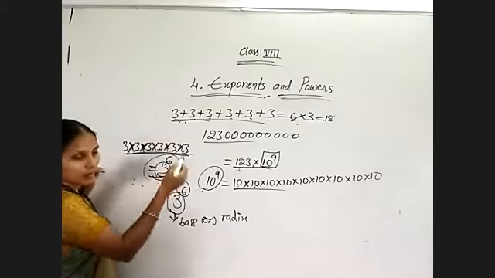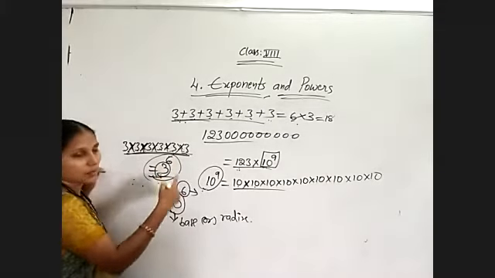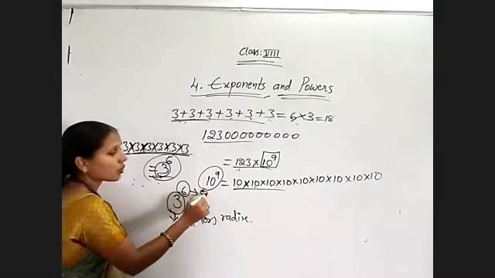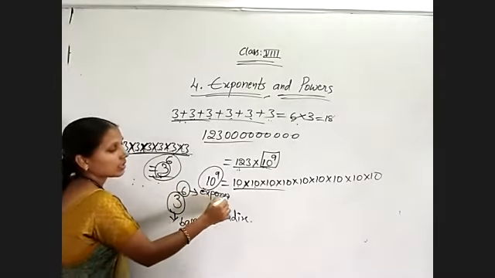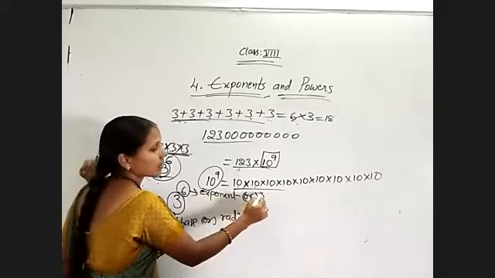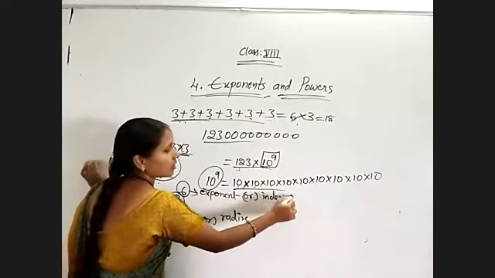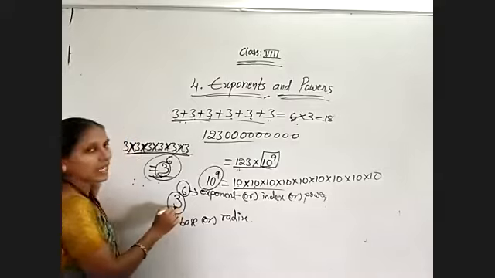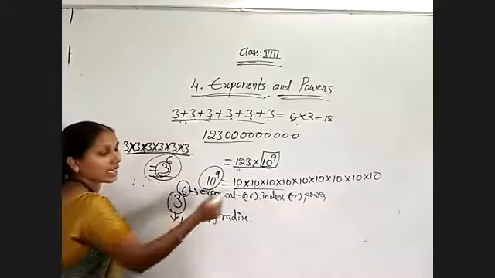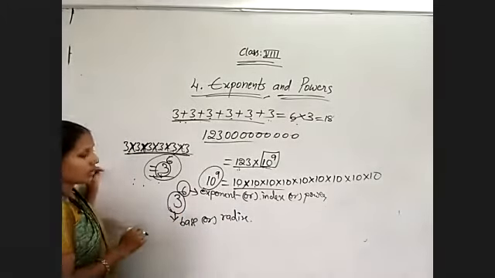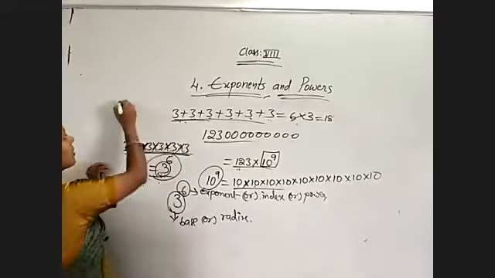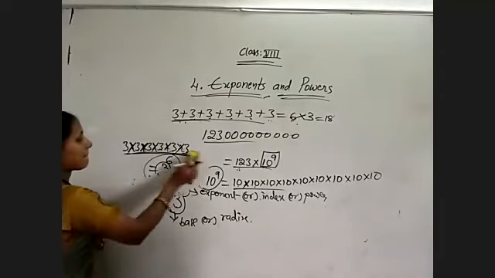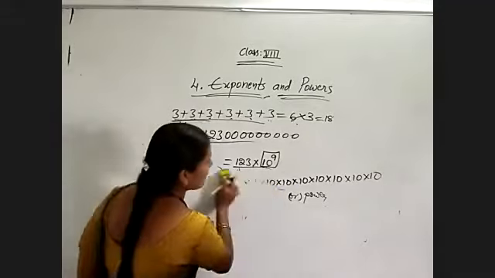And whatever is written outside, meaning how many times it is repeated, that number indicates the exponent, or index, or power. That is why this form is termed exponential form and also index notation. Okay. Its general form is given by, and now some examples.